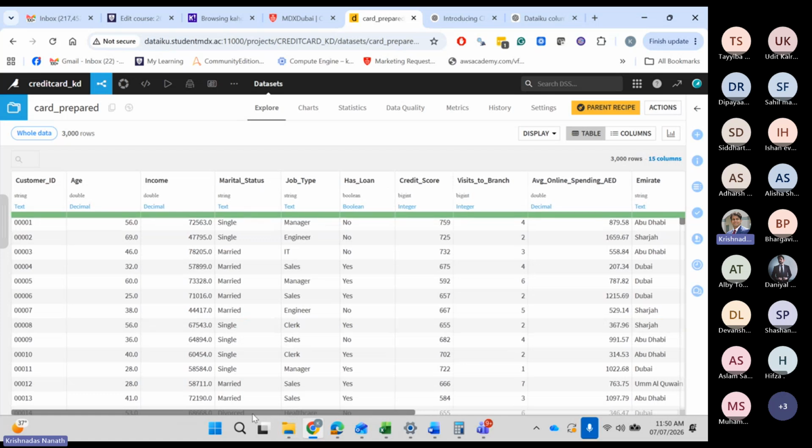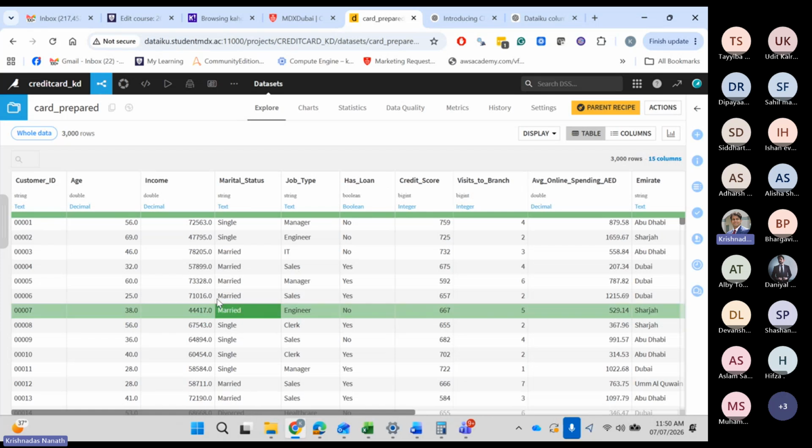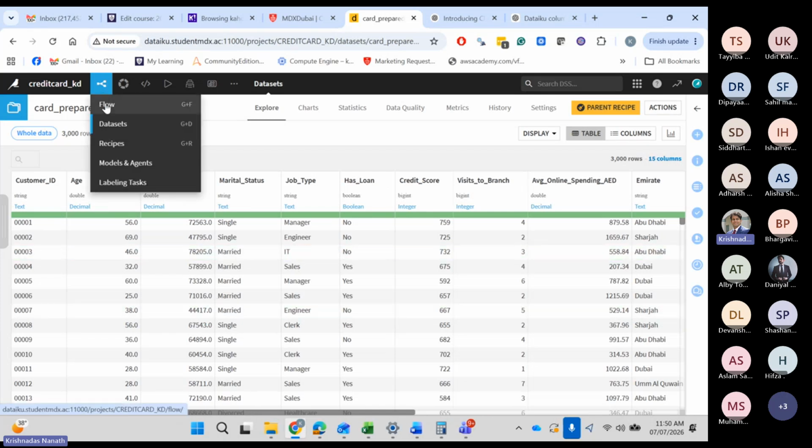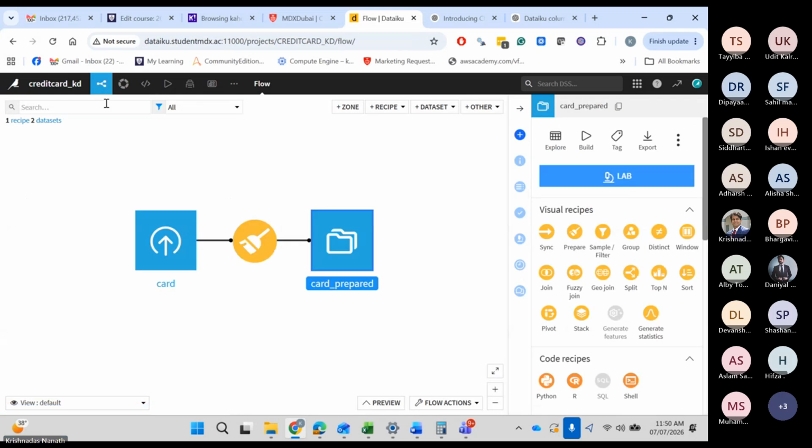Let's check customer ID. Yeah, it's already sorted. So what I'm trying to do is first 80% goes in train, last 20% goes in test. Let's see. Nothing extra to be done. It's just the method of split. Still the recipe remains the same.